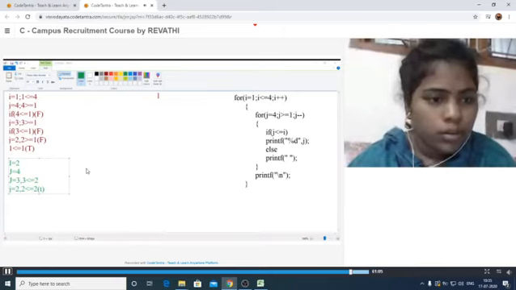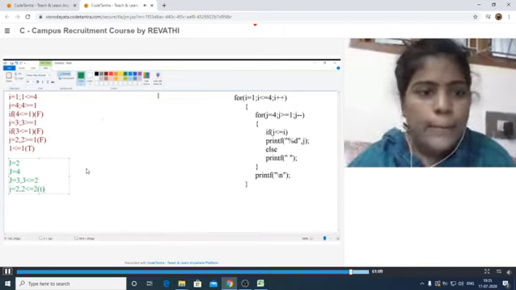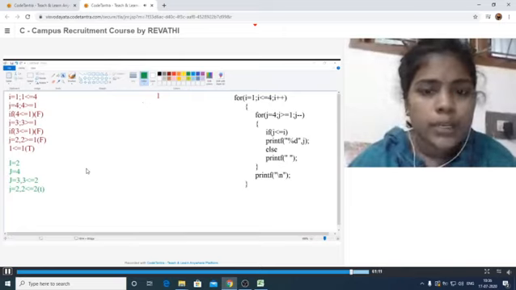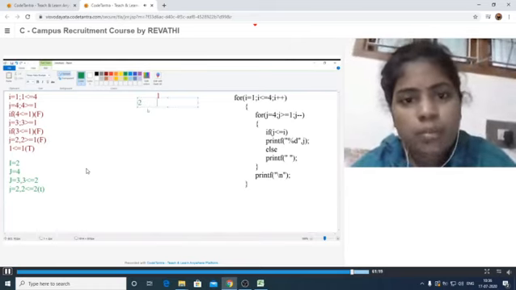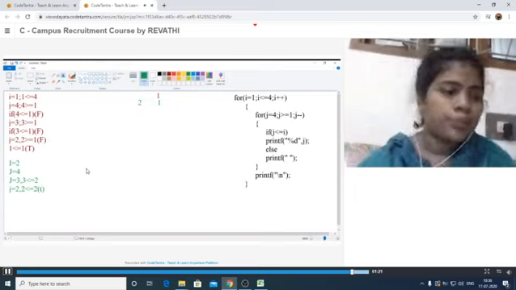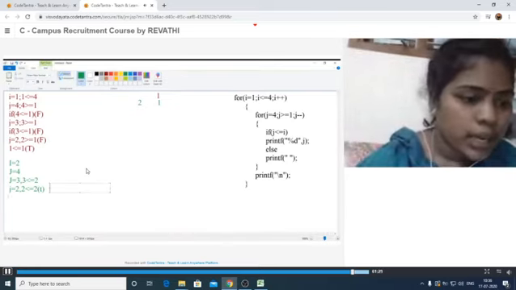It is 2 now. So it prints 2. After decrementing, it prints the value of 1 here. Here the j value is 2, it is printing j. Next, again j is decremented by 1.